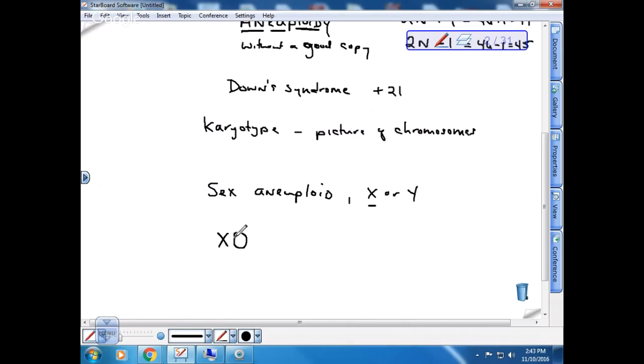So not an extra chromosome, but you're actually missing a chromosome. So that O means that there's no second sex chromosome. There's only one X chromosome. Now this person is female, right? They're female still, but they have some problems reproductively. They tend to be infertile. And this is what is called Turner's syndrome,